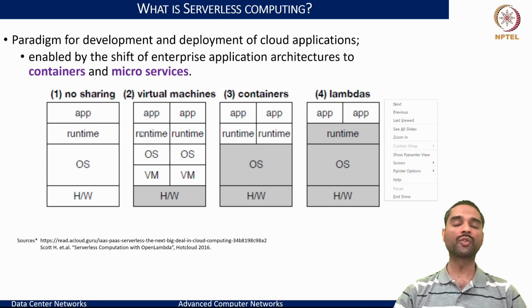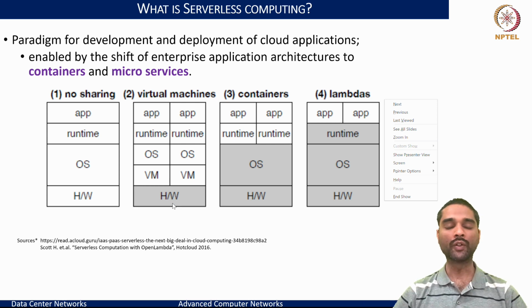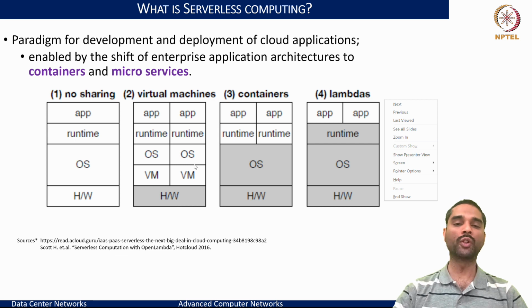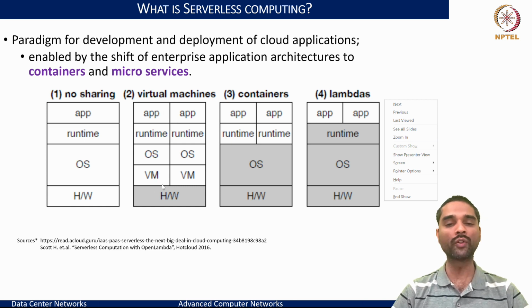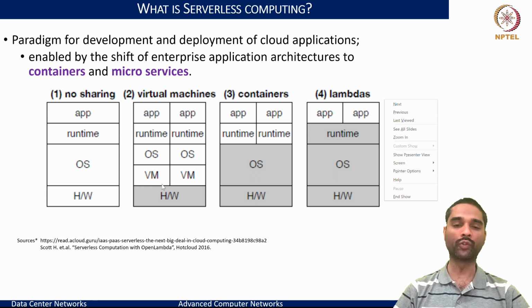And we moved towards the virtual machine model, where we would have a single physical hardware which would then run multiple instances of the virtual machine. So we virtualized the hardware and we would run a software stack on top of these hypervisors, where we would have the operating system, the runtime and applications that would run on top of the VM, and they're all going to be sharing the same underlying hardware. So we brought in some notion of the sharing of the resources.